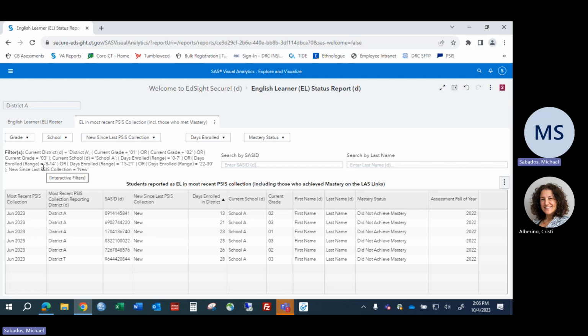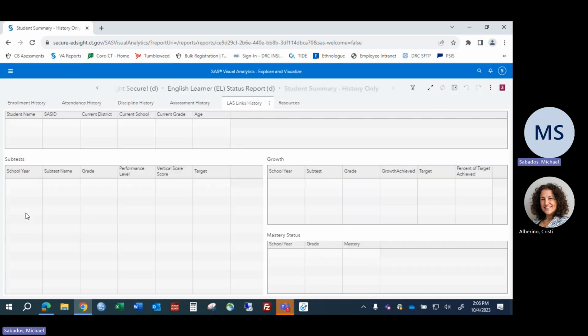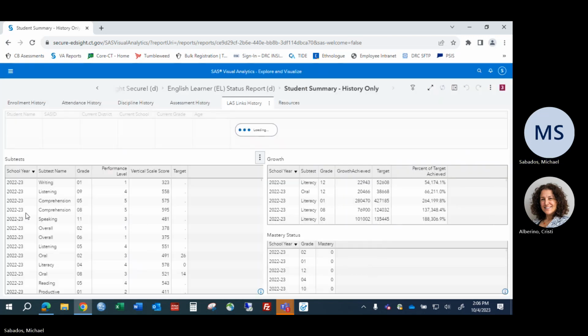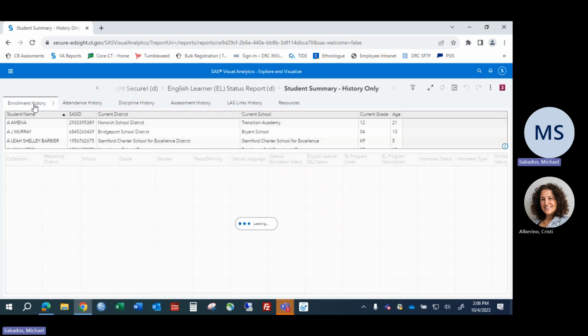Now, once you've got that list, let's say that you were looking for this student in particular, and you know that either they were an L, or perhaps they are currently an L, but you want to see their information. What you do is you double click on their record, and it brings up multiple tabs of information about that individual student. So if you click enrollment history,